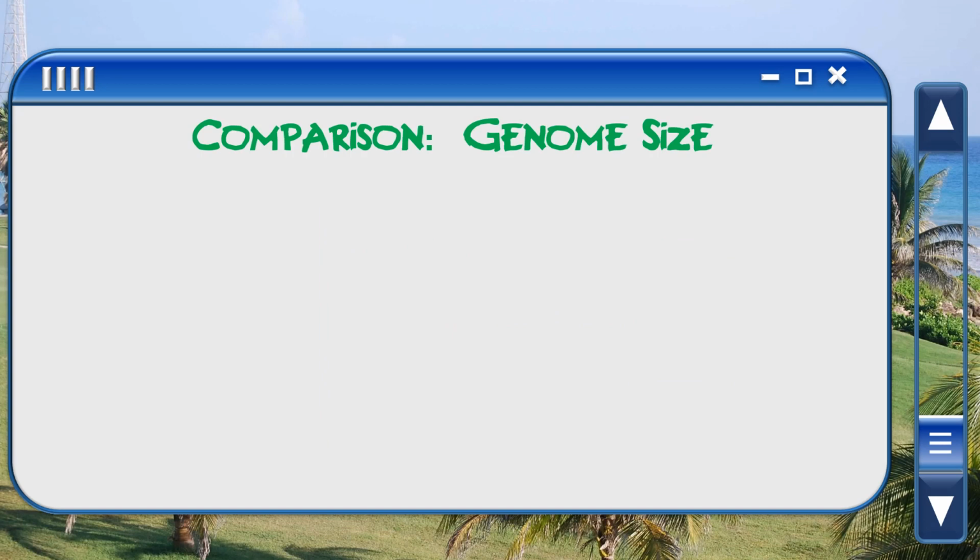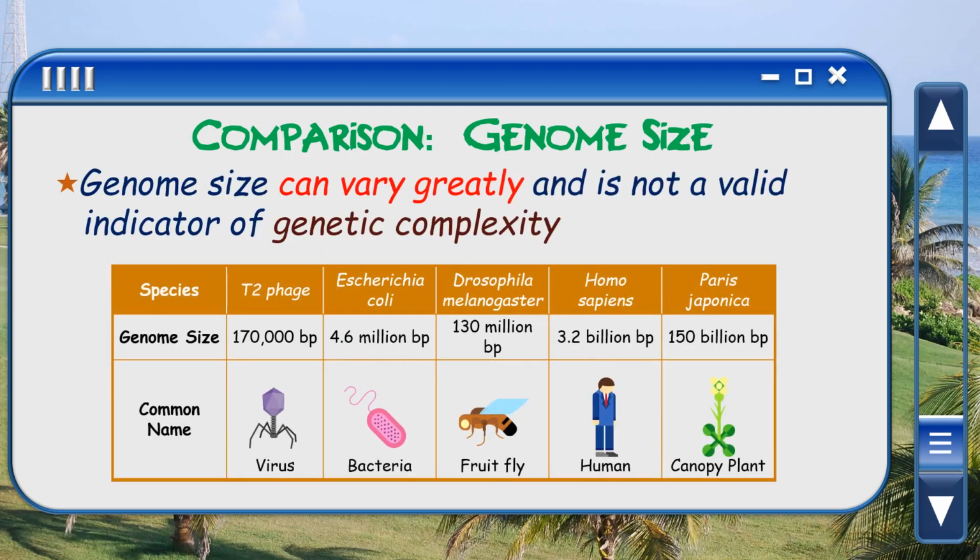Comparison. We want to look at the genome size. The genome size can vary greatly and is not a valid indicator of genetic complexity. If we look at different species and their genome sizes, for example, the viruses, their genome size is